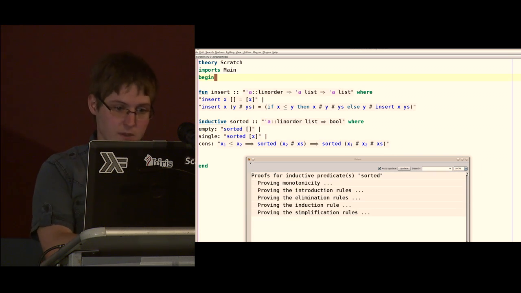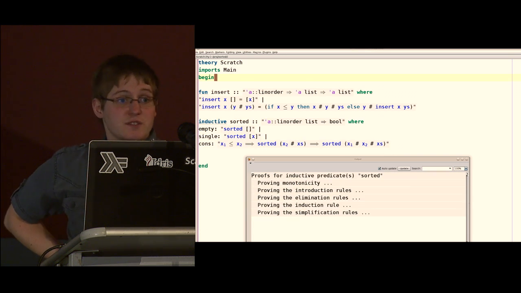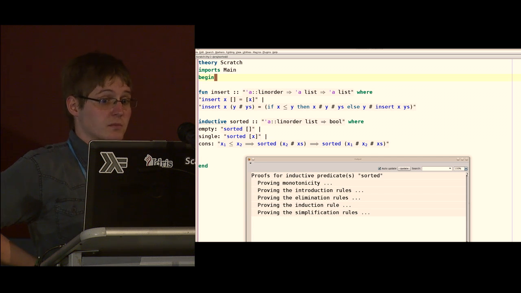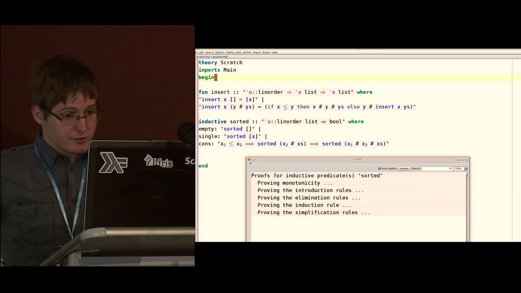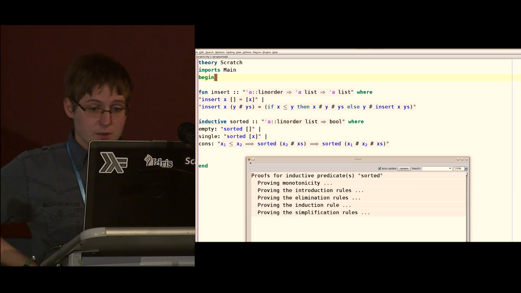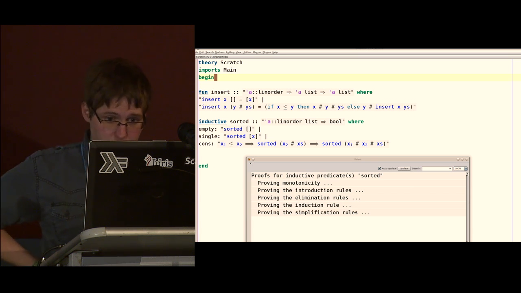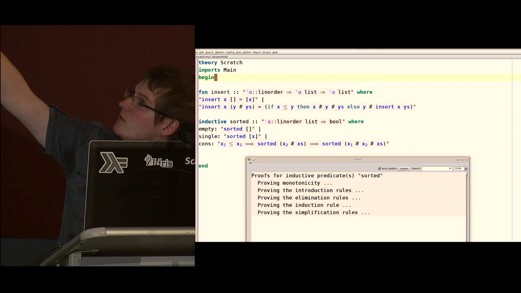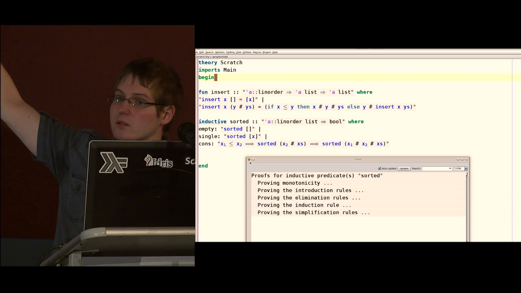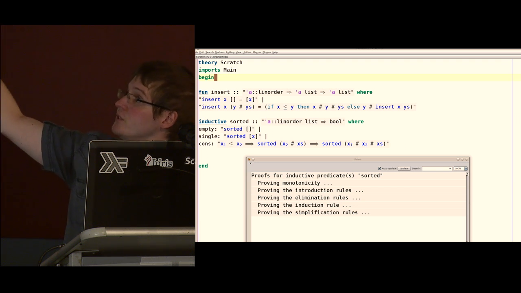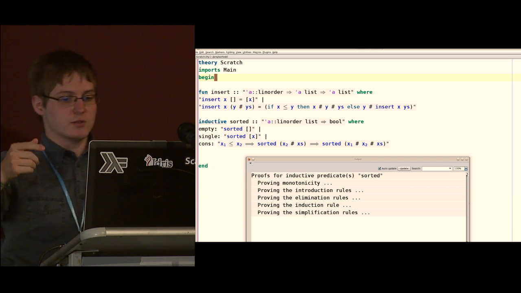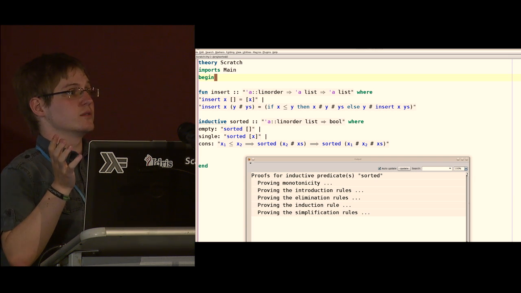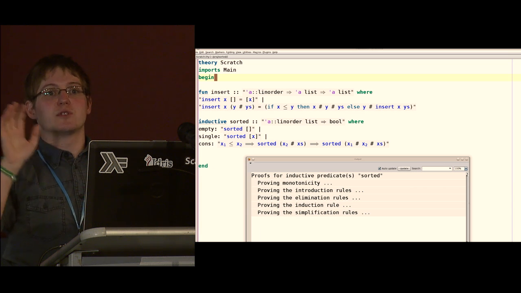So this is what it looks like. We have three cases. We say that the empty list is sorted, kind of obvious. And also the singleton case. If we have the singleton list consisting of just one element, it's also sorted, kind of obvious too. Now the cons case is a little bit more interesting. We say that a list containing at least 2 elements, so x1, x2, and the rest list xs, is sorted if we can prove that x1 is less or equal than x2, and if x2 and xs is sorted again. Does it make sense? Yes? No? Quick show of hands? Make sense?